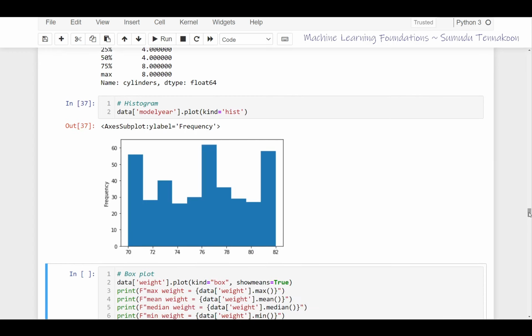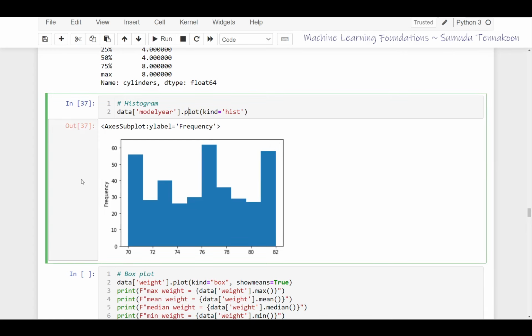Okay, so now you have the histogram generated from the pandas plot function. You have the frequency, you have the year, right? We will learn about many things, how we can make the histogram prettier, but I will show you one thing here. You can specify how many bins you should be expecting. By default, it will divide your range of years, from 70 to 82,